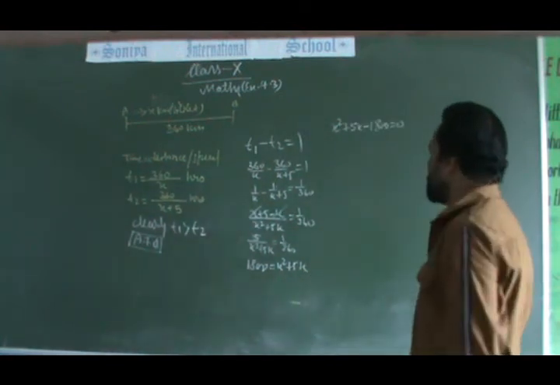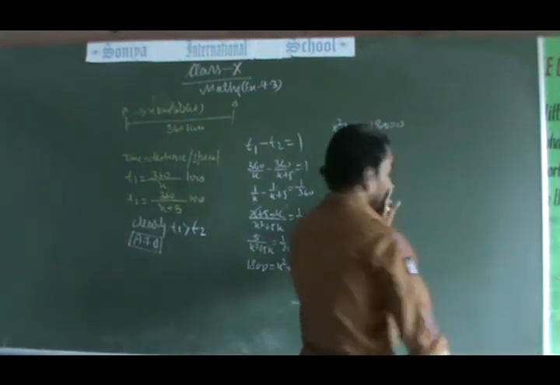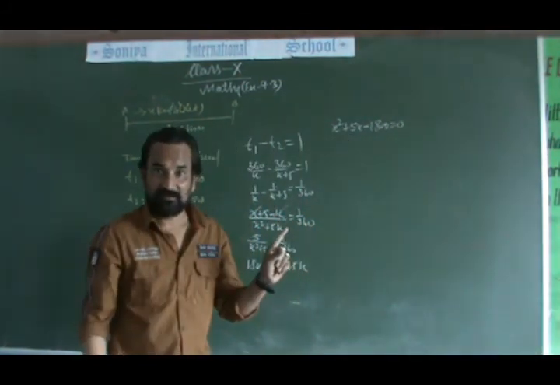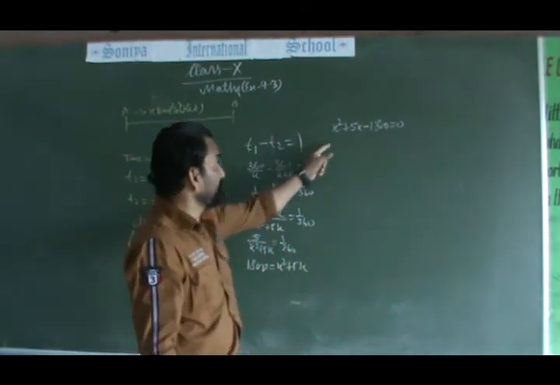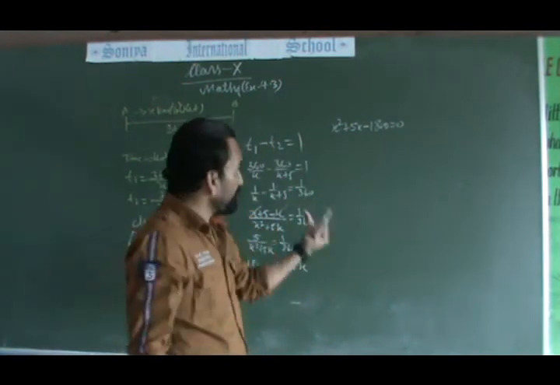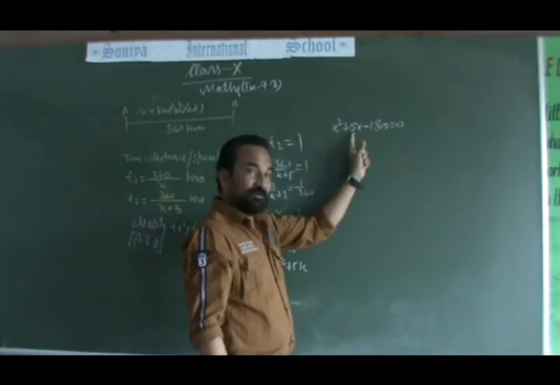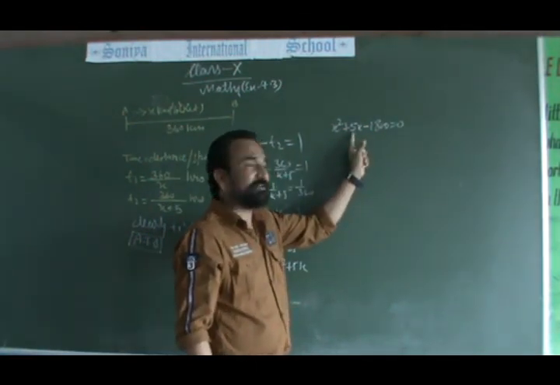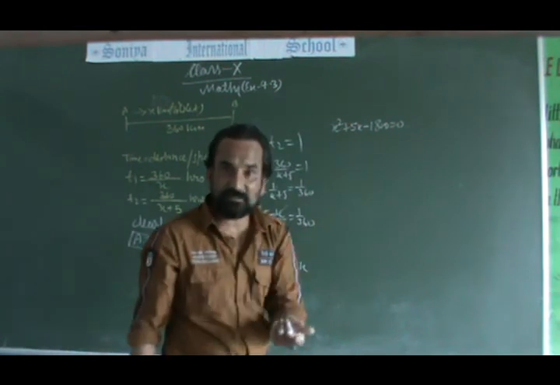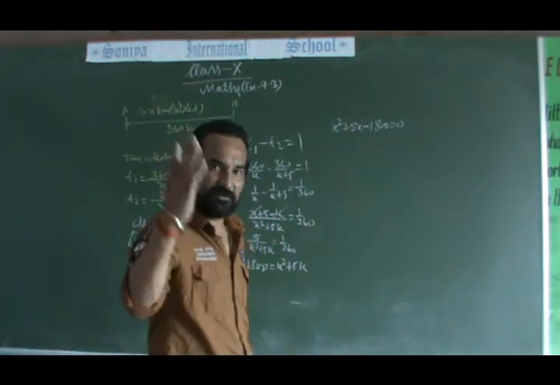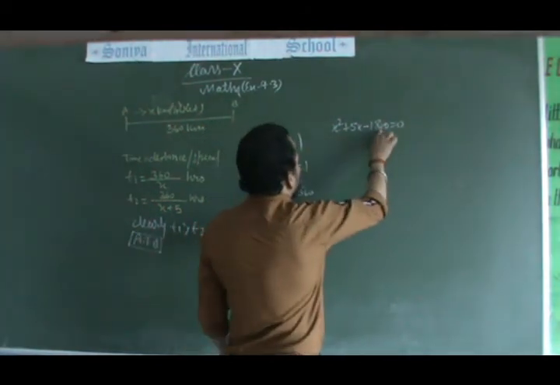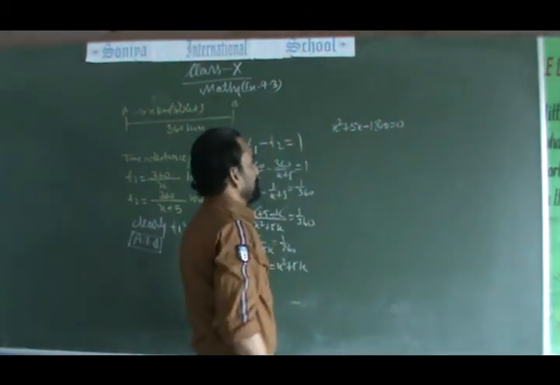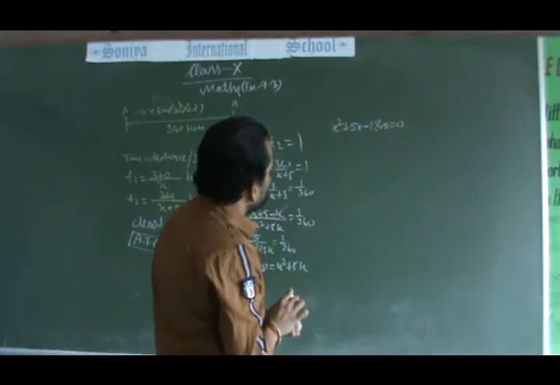Now you search for the two factors. It is not mandatory. I am not imposing my rule on you. But I find the splitting of factors method easier, that's why I am not using the quadratic formula. You are free, you may use the quadratic formula, don't worry, no problem. So we have to find two factors of minus 1800 such that their sum is positive 5.